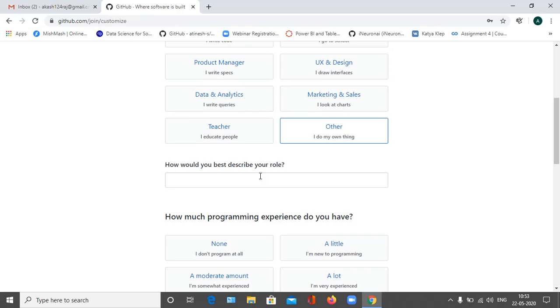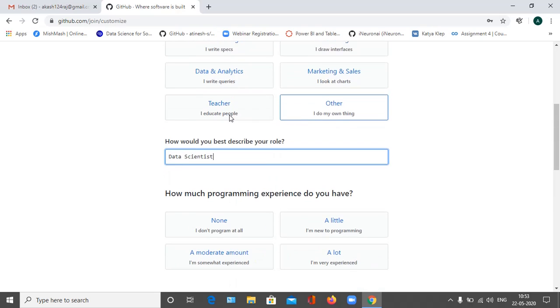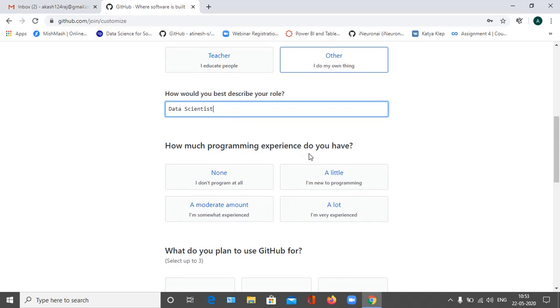My role is data scientist, so I enter that here. After that, how much programming experience do you have? If you belong to a programming background, you choose how much experience you have. I belong to a programming background, so I choose a lot.